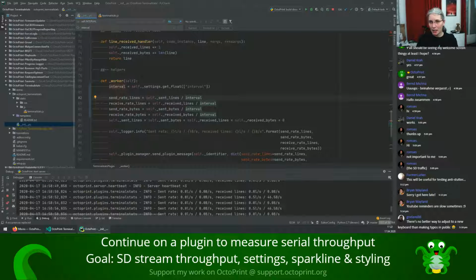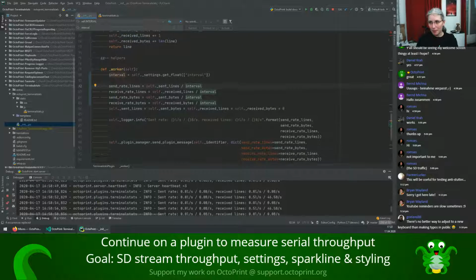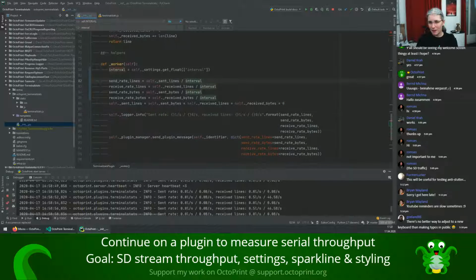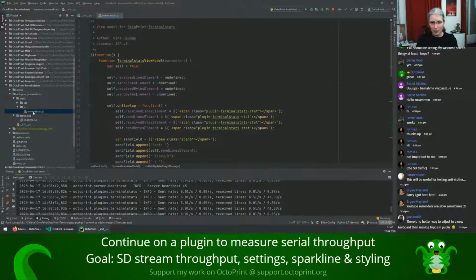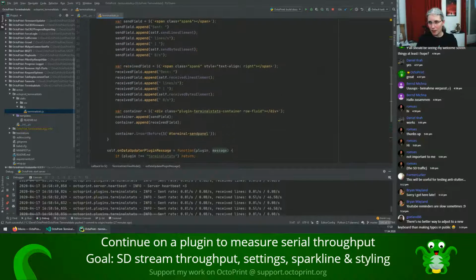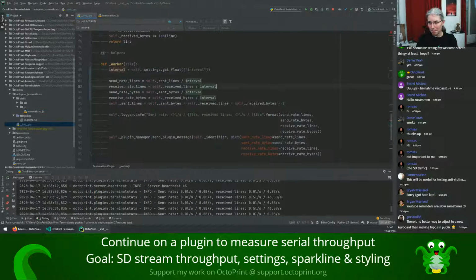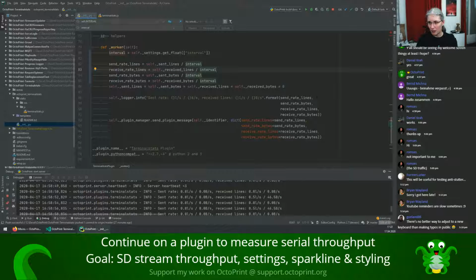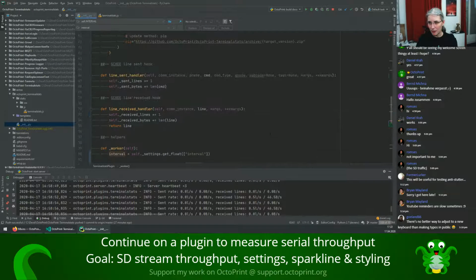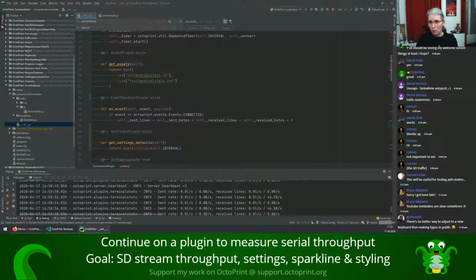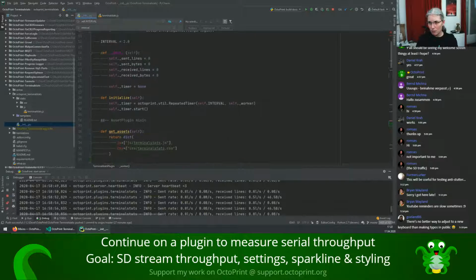Okay, so that should already work, at least for this here, I think. I'm not sure right now. Did we have the interval in here somewhere as well? No, it was just in the backend, right? Yeah, that makes sense because we are calculating the rate there. Oh, right. No, that was okay. The repeated timer, of course. Yeah, that also needs